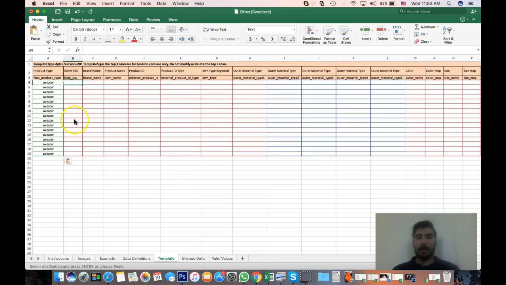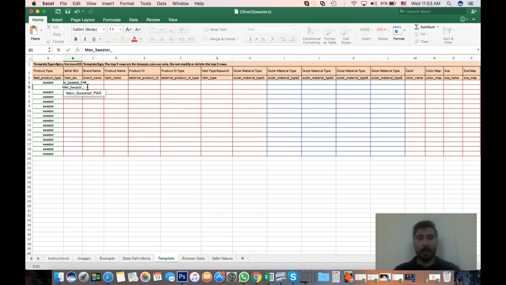The seller SKU and the item SKU. So the seller SKU, what I usually do is you're going to need a SKU for the parent, right? That's very important. And I like to make my SKUs somewhat indicative of what the item is, so that when I see the sale, I can tell what the item is based on the SKU. You could do shorthand, you could do longhand, but for example, men's sweater parent. So I'll do a PAR for parent, and then I'll go ahead and copy that,